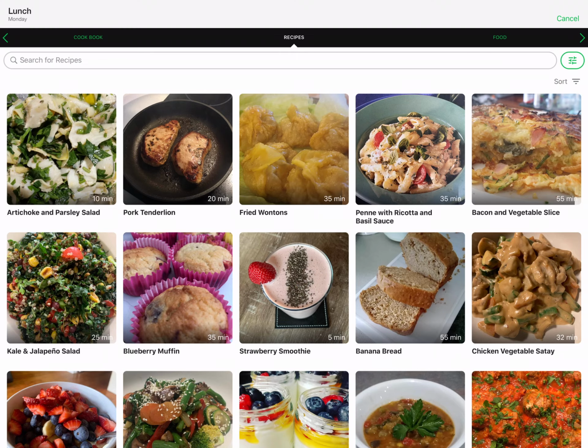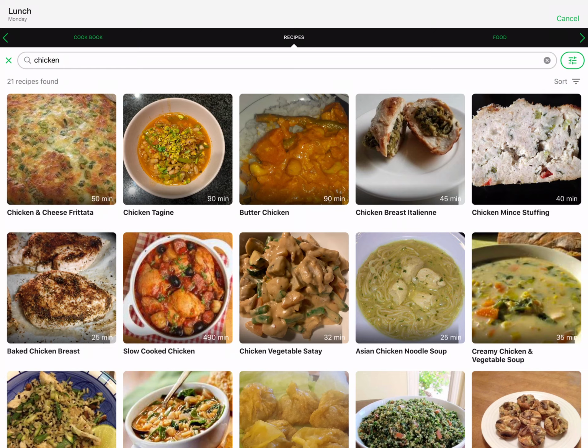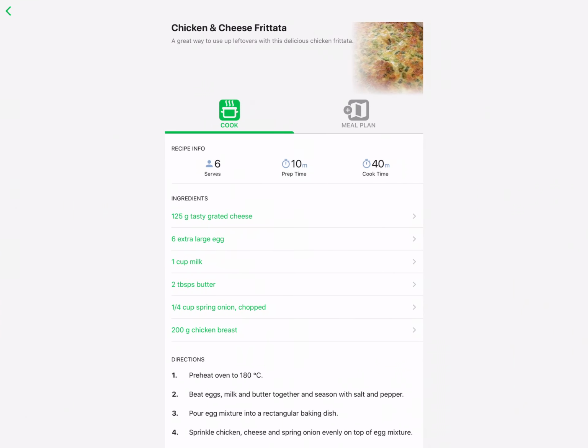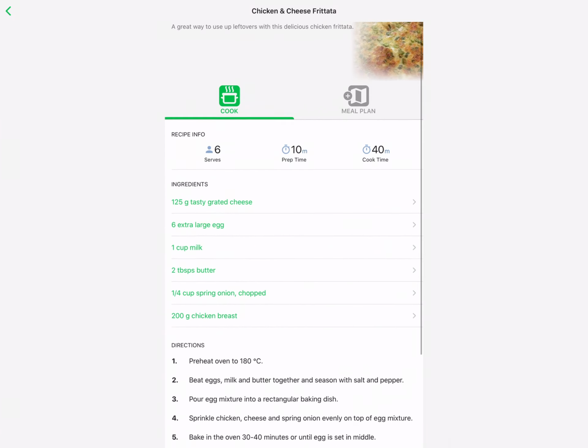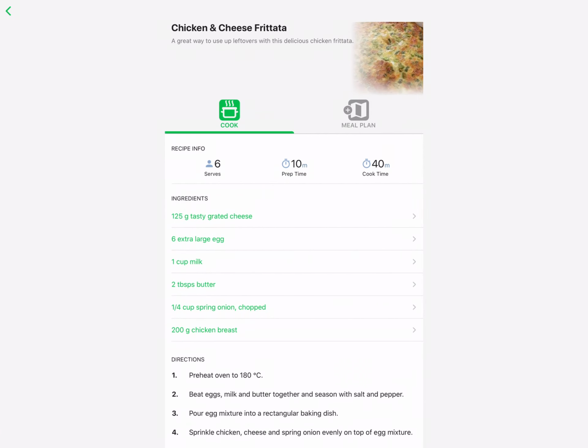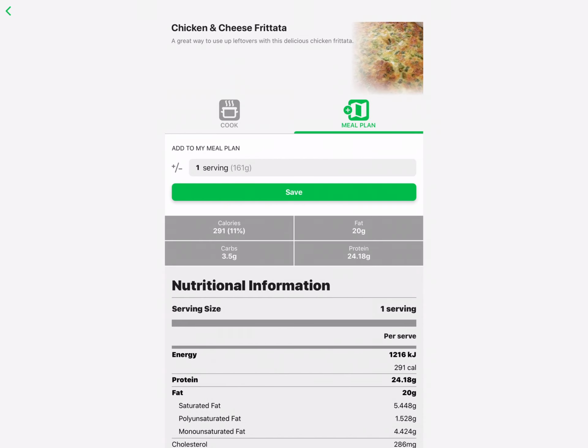So I might use the foods that I was looking at before. So there's a chicken and cheese frittata. Again, this is all the ingredients and the directions for making the dish, but let's assume that I've already made the dish at this point. So I can record in here my serving size. Now, I can either weigh out the serving and